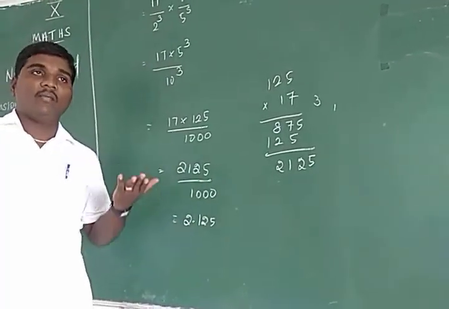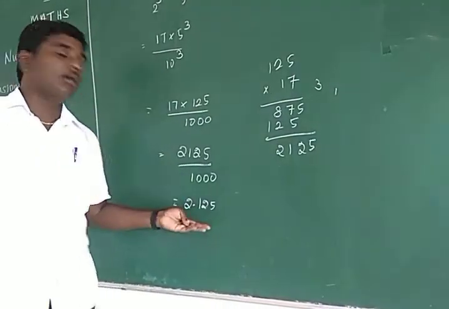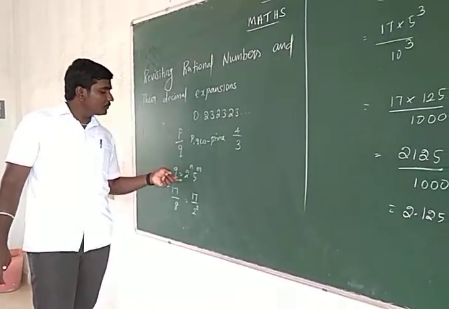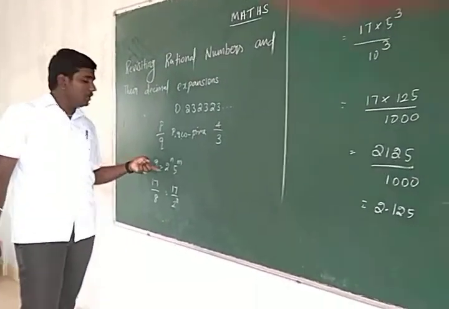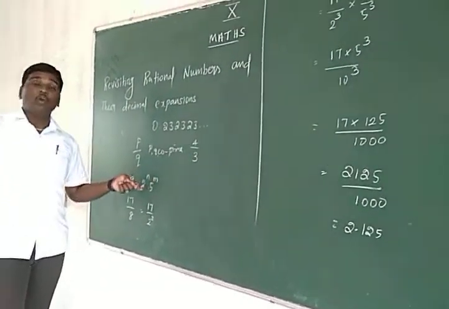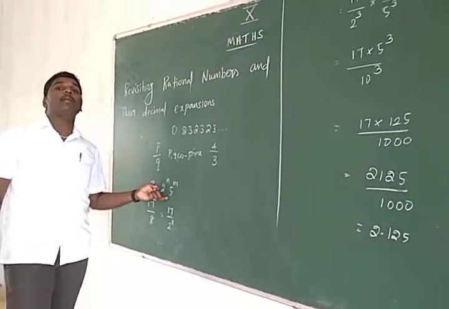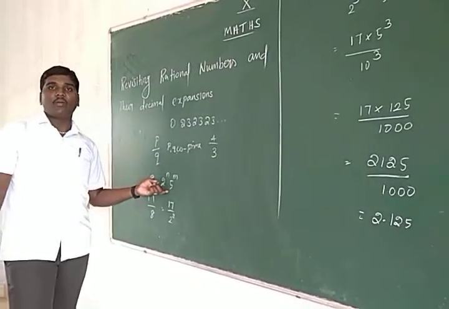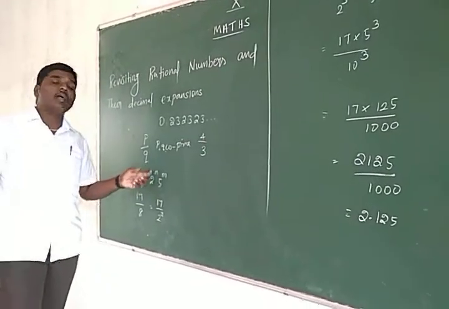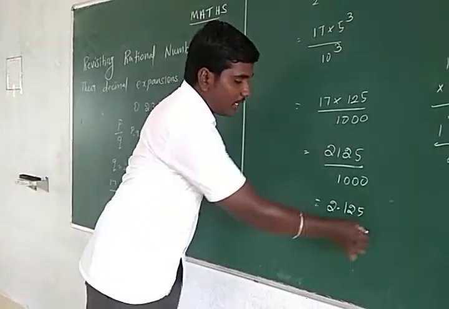If the decimal expansion of a rational number terminates, then p by q has q with prime factorization in the form of 2 power n and 5 power m. There is no need for both prime factors. If one is there, we can multiply by the other prime factor. So either 2 power n, or 5 power m, or both.